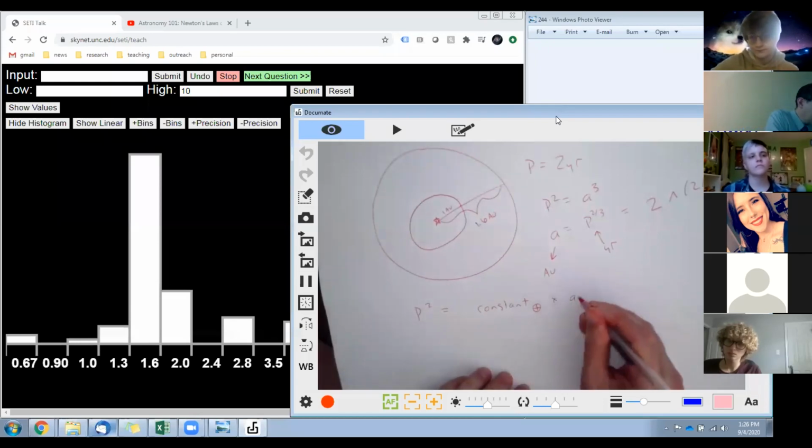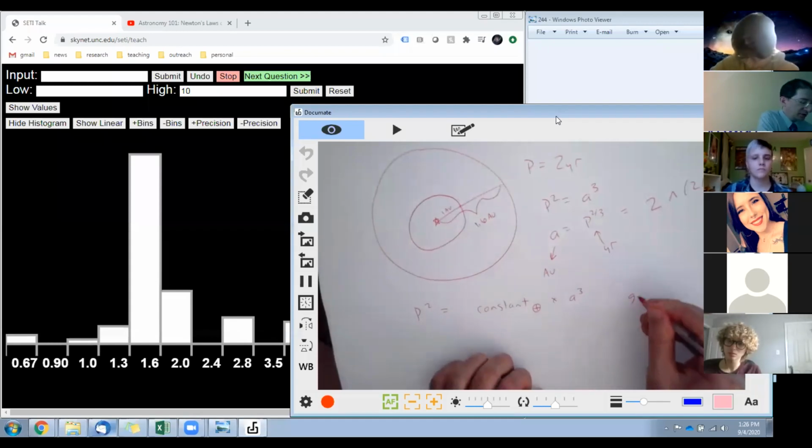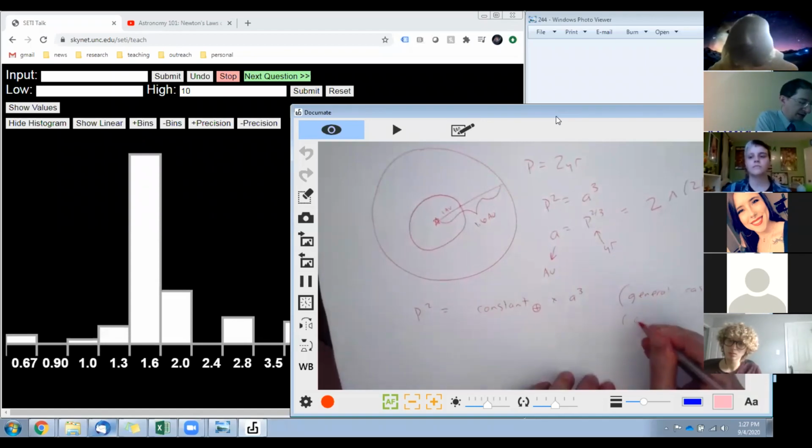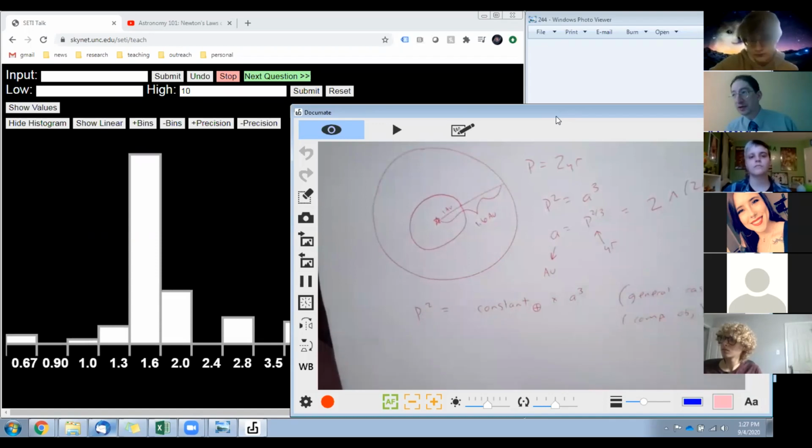Times a cubed. This is the general case. Sometimes a little repetition doesn't hurt. This is what we did last time. Then we're going to have a comparison object,